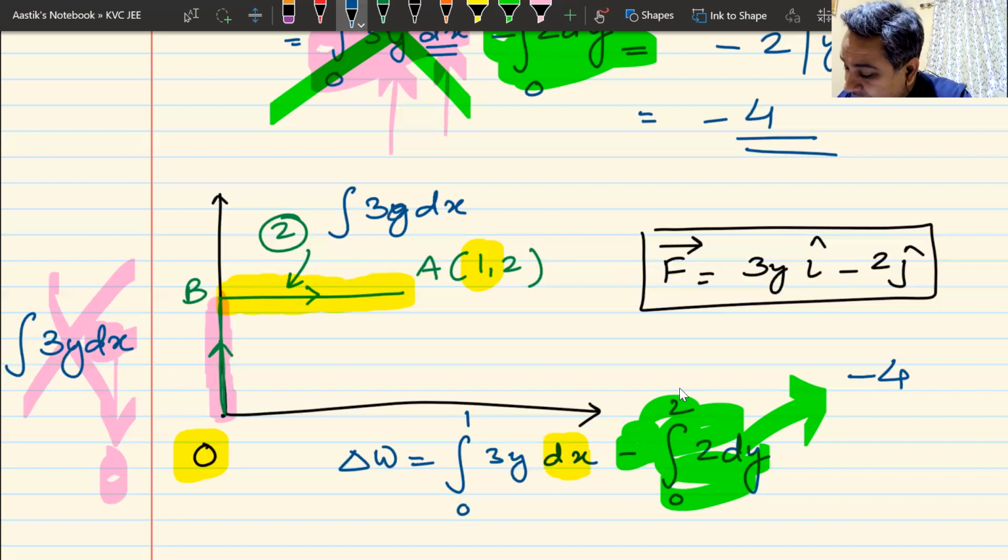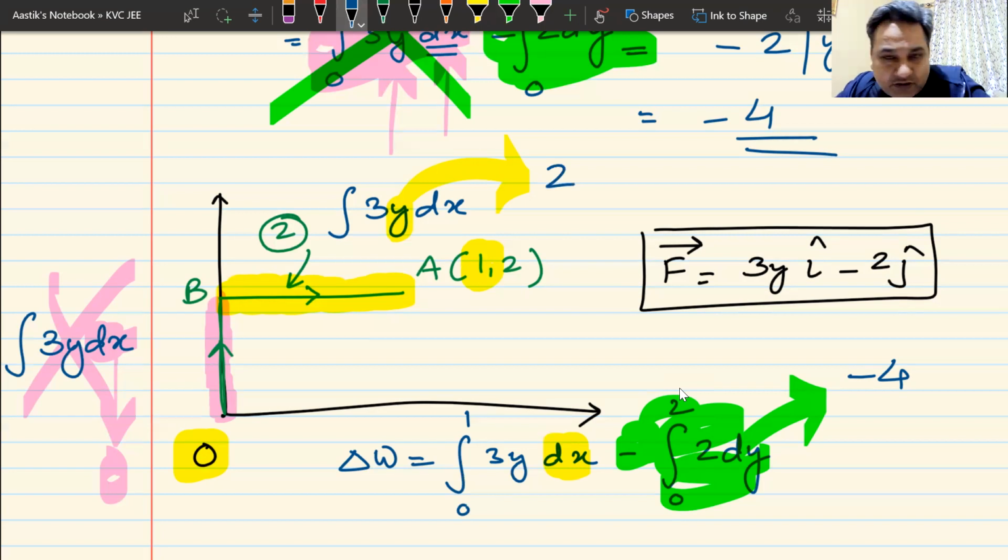Look at the value of y. Does it change? No, it does not change. The value of y is a constant. How much is the value of y? You can see it right in front of your eyes. It is constant. How much is that constant? Yes, that is 2. So it is a constant.